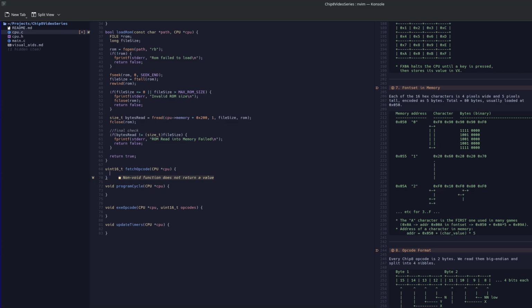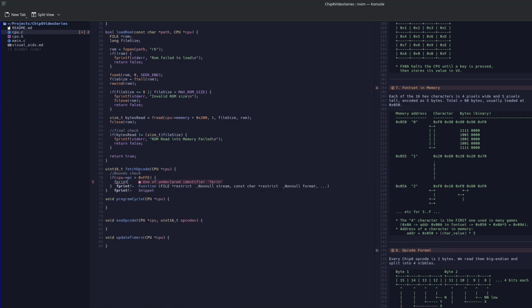What I'm going to do starting off here is put a bounds check. So I'll just comment this so you all are aware. If CPU program counter is greater than FFE, we'll write an error out into the stream that says warning program